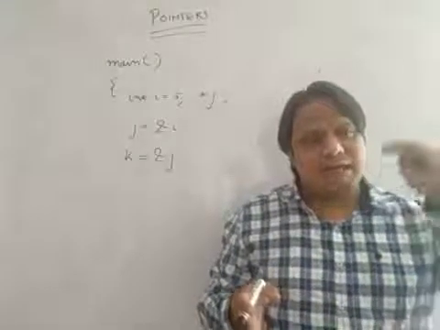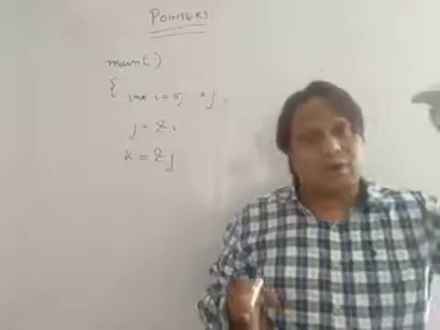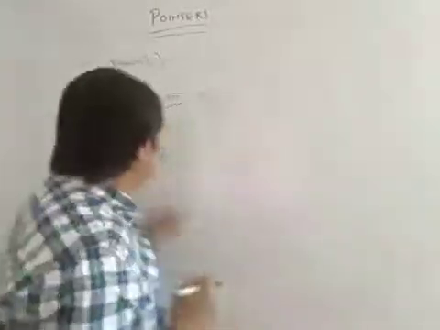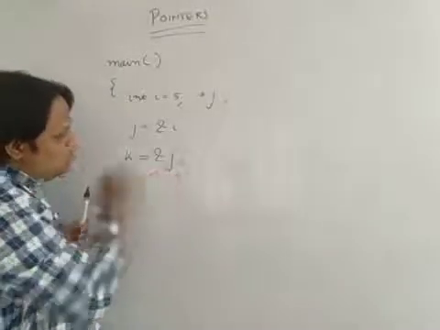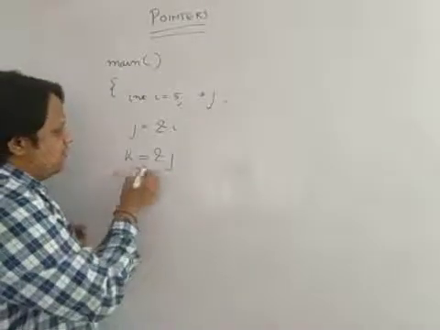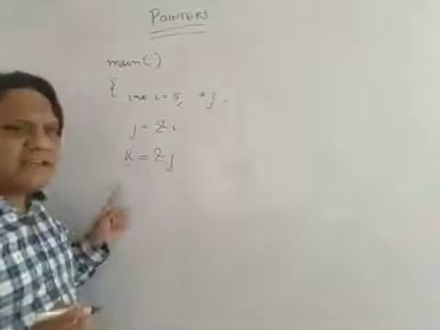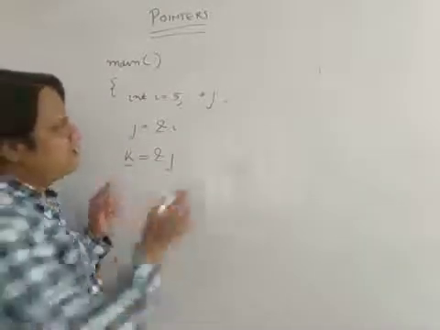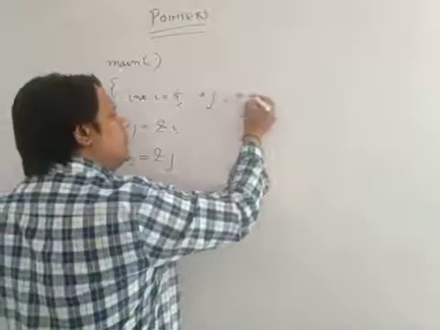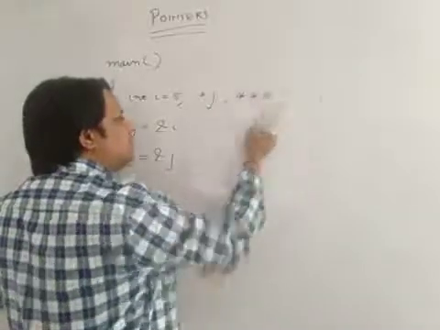You need a level up. You need a pointer to store the address of a pointer. So what is j here? J is a pointer, and you want to hold the address of a pointer. What you require is a variable k, and this k has to be a pointer to a pointer in order to hold the address of a pointer,